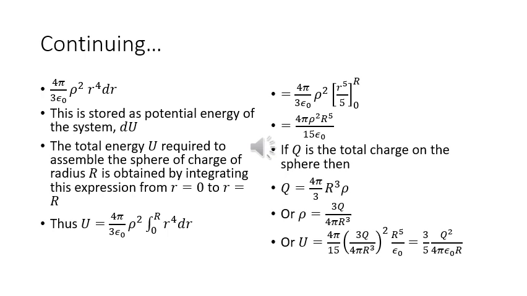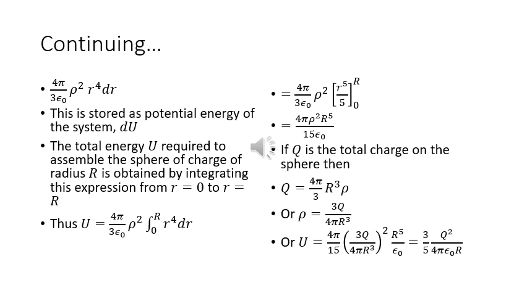So we get 4 pi by 3 epsilon naught rho square r to the power 4 dr as the contribution of that shell. Now this is stored as potential energy of the system, dU. The total energy U required to assemble the sphere of charge of radius capital R is obtained by integrating this expression from r equal to 0 to r equal to capital R. Thus, U is equal to 4 pi by 3 epsilon naught rho square integral going from 0 to R of r to the power of 4 dr, which is equal to 4 pi by 3 epsilon naught rho to the power 2,